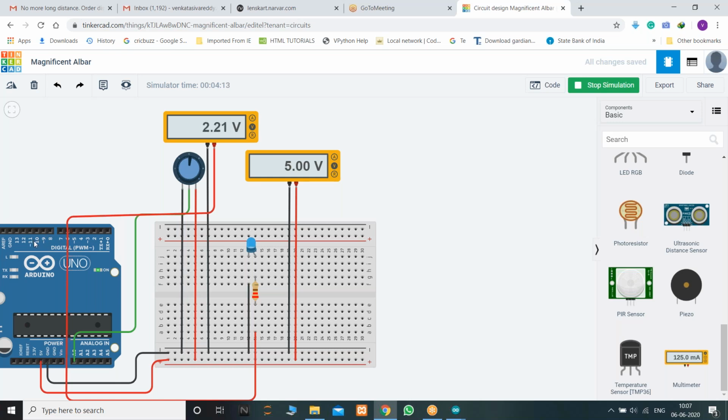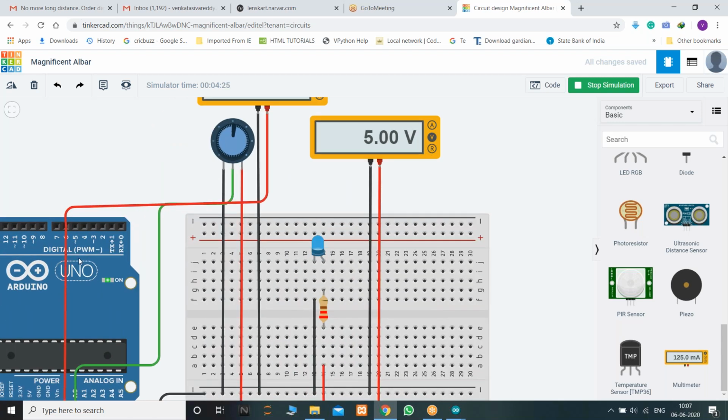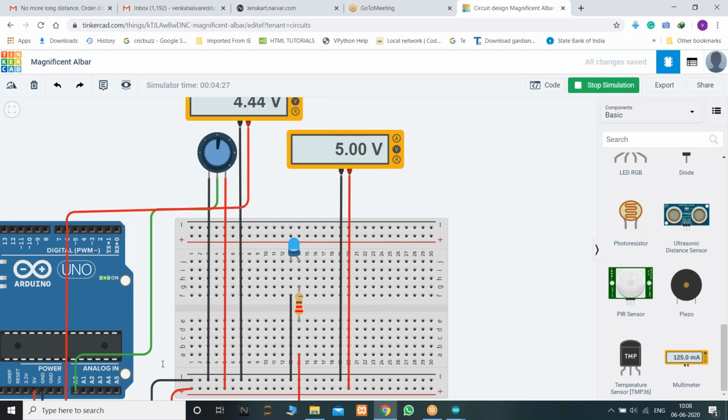So for writing any analog output, you may use any of these pins, like 3 or 5 or 6, 9, 10, or 11. A0 to A5 are only for reading analog data. They are not useful for writing analog data. Am I clear?